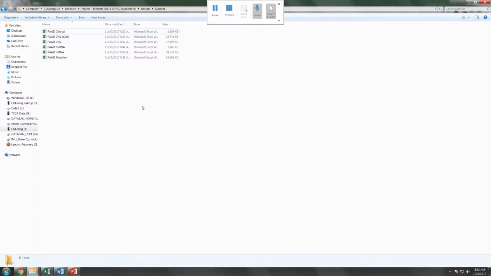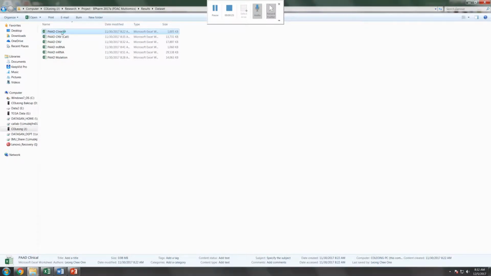Okay, so in this exercise, we are going to extract the information from the clinical data set from the TCGA data. Here are some of the files that I have already uploaded into the Dropbox. You will probably have the same file with you. So what I'm going to do now is open the first file here, which is labeled as the